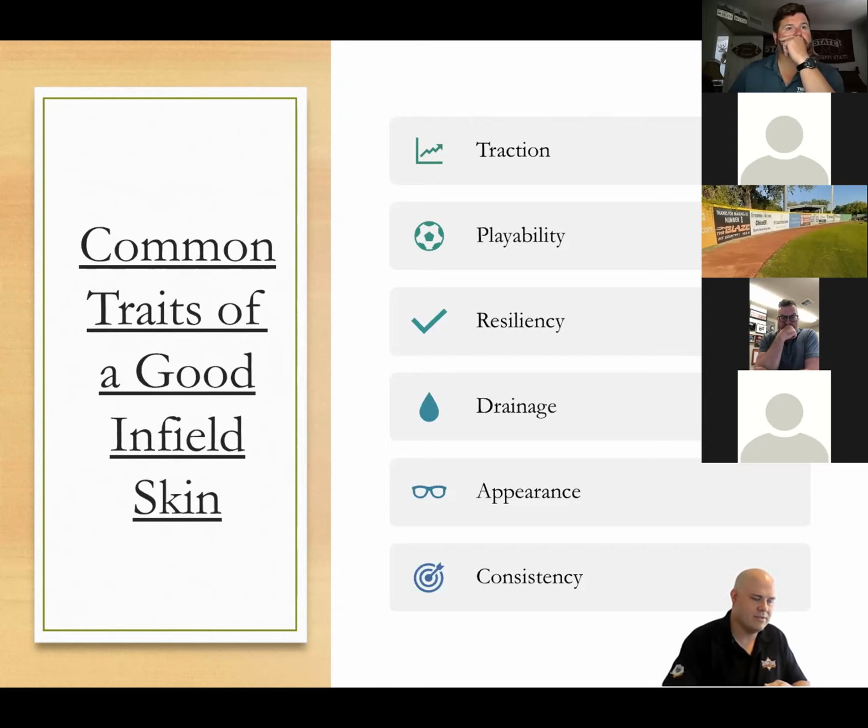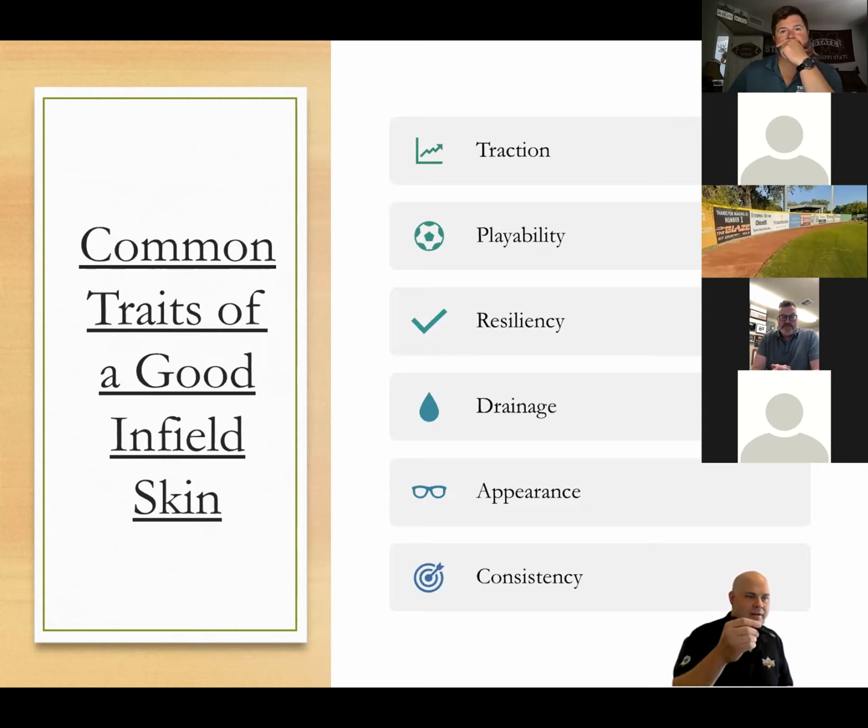Consistency. I was just talking about the importance of understanding the moisture in your infield skin for safety, for Gmax ratings. How can we make those consistent? Is it using soil sensors? Is it using a key or a knife like we've been doing for a lot of years?